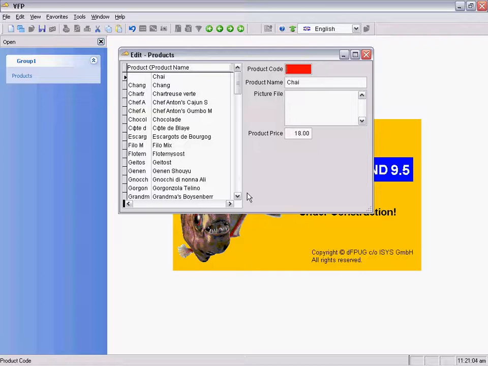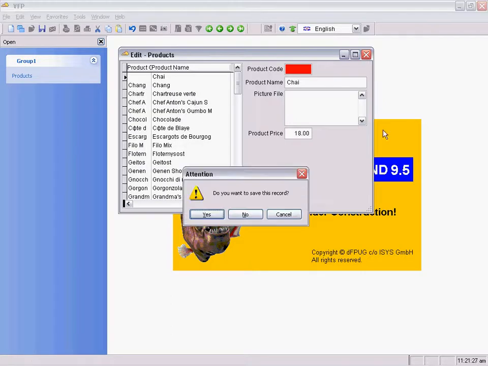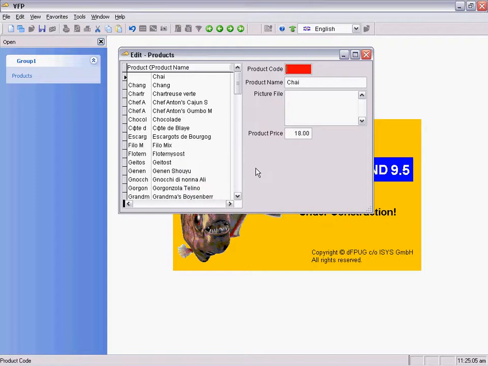And now after I close the message you can see that the background of the control is red. This will happen with all controls that are bound to required fields if the fields are empty. So we have seen how the generated form works.